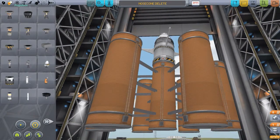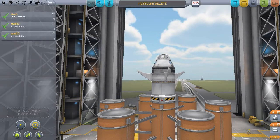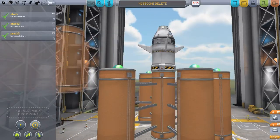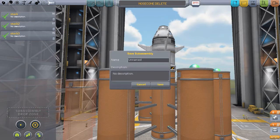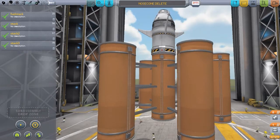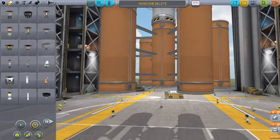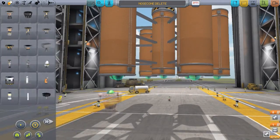Okay, so... Actually, since this was hard enough to build, I think I may want to save this as a stack for now. We'll just call this fuel stack, because if I need more lift, I can stack it on top of this. Okay, engines. What kind of engines are we going to put on this guy? Well, first let's just try...